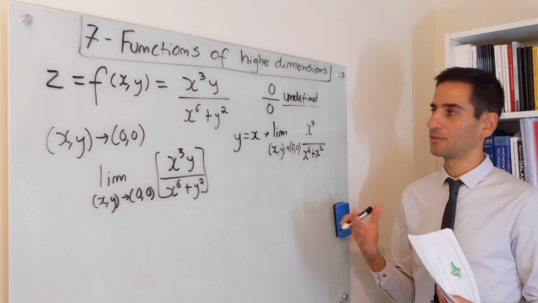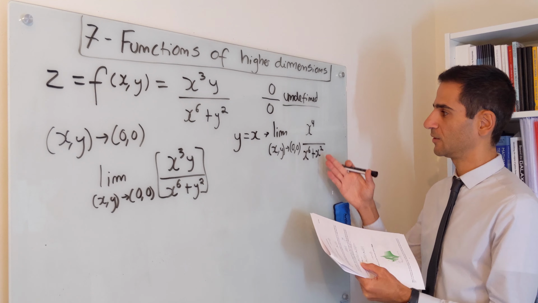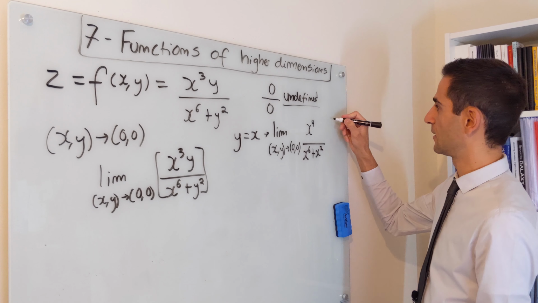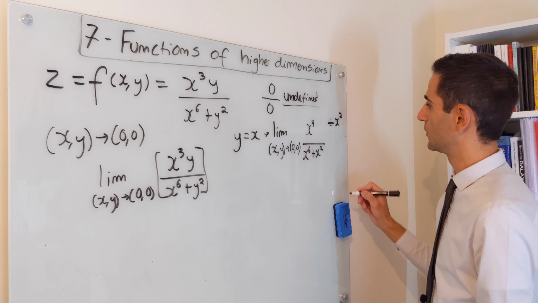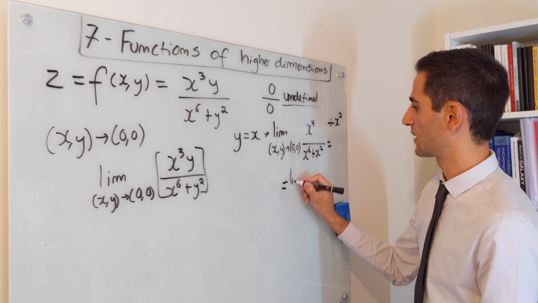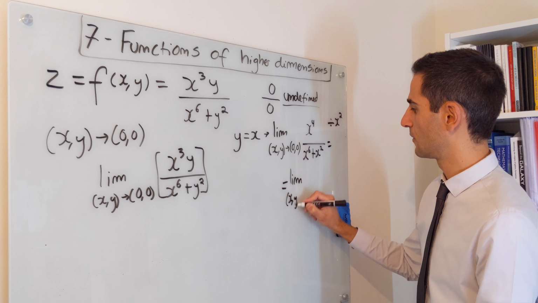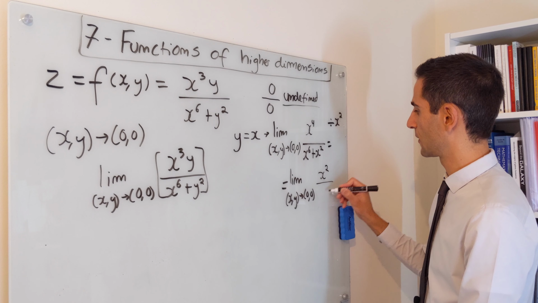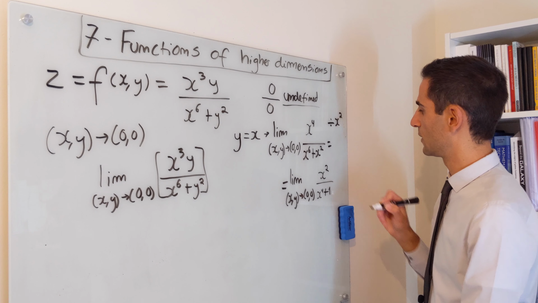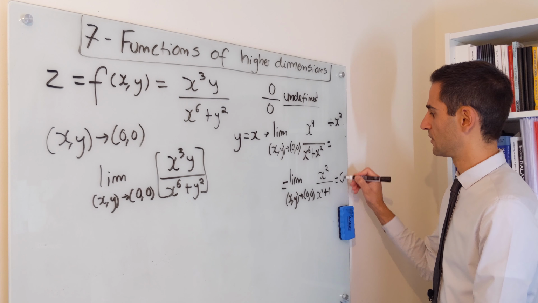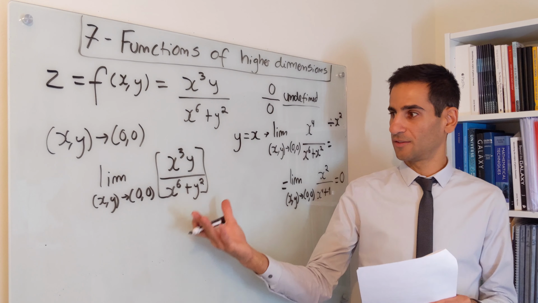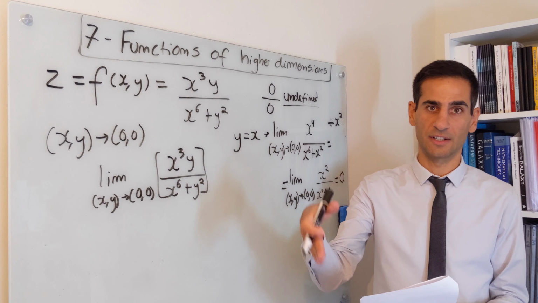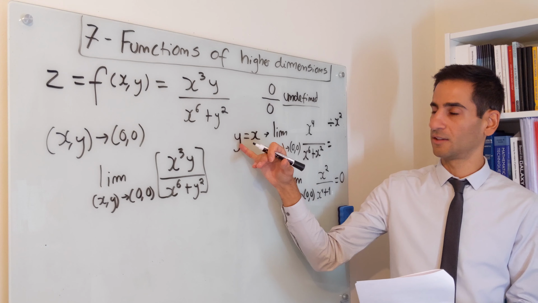And if you remember anything from limits, one of the things you can very easily do, this is still undefined, this would be 0 over 0, but you can divide by x squared, which means this would be the same as calculating the limit when (x, y) goes to (0, 0) of x to the power of 2 over x to the power of 4 plus 1, which means this would be 0. Is this telling you what is the value of this limit? No, it tells you what is the value of the limit along this direction